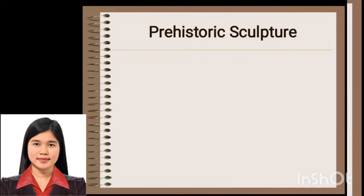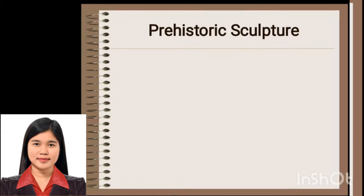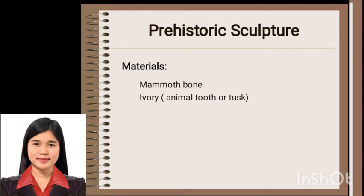Let's now proceed to the prehistoric sculpture. The materials used in Paleolithic sculpture are quite diverse, varying according to region and locality. Most commonly, prehistoric sculptures use mammoth bone and ivory, or what we call animal tooth or tusk, as well as the more perishable wood. And in addition to bone and wood,